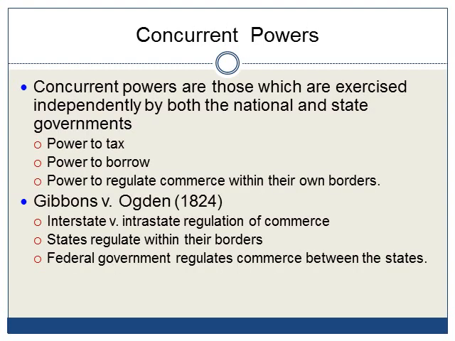Concurrent powers are those that are exercised independently by both the national and the state governments. These would include the power to tax, the power to borrow money, and the power to regulate commerce within their own borders. This power to regulate commerce between the states, interstate